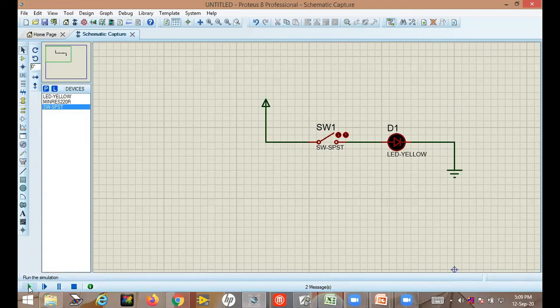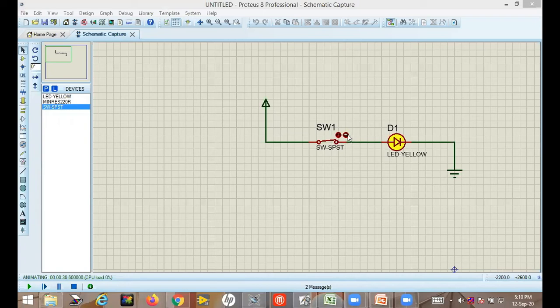So start simulation. Now you will see simulation is started, but this LED is not glowing. Why? Because now circuit is broken, path is not complete. That's why current is not flowing. Okay, so that's why LED is off. So let us turn on this LED. Here you are getting one up arrow and down arrow to control this switch operation. So I will close this by clicking here on. So now this switch is closed, switch is on. Now LED is glowing. Let's switch off, LED off, on, off, on, off.